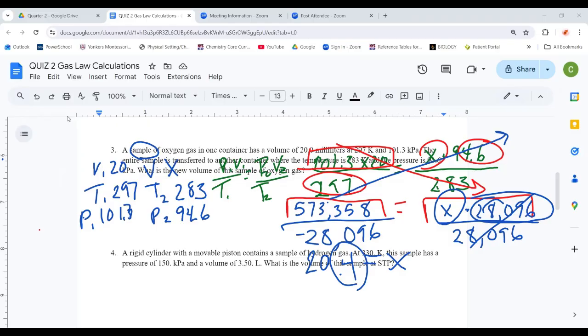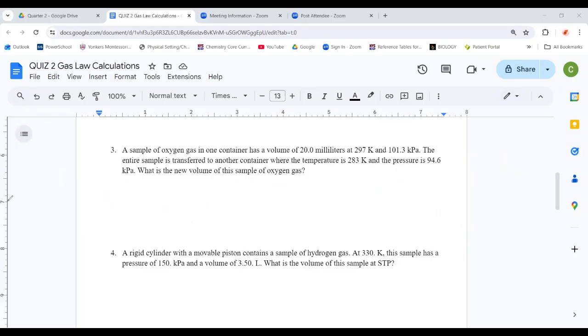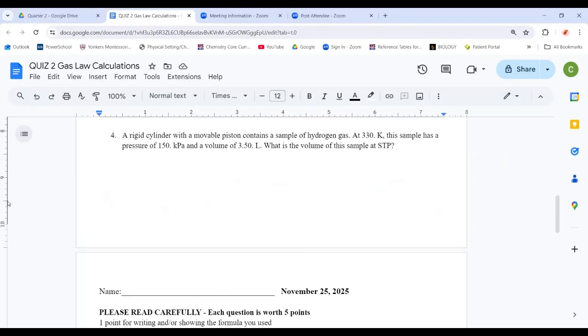I dropped the temperature, but I also dropped the pressure. So that means that the volume didn't really change that much. And that's okay. That was a harder one for you to guess how things would go based off of the variables you were given. Okay,